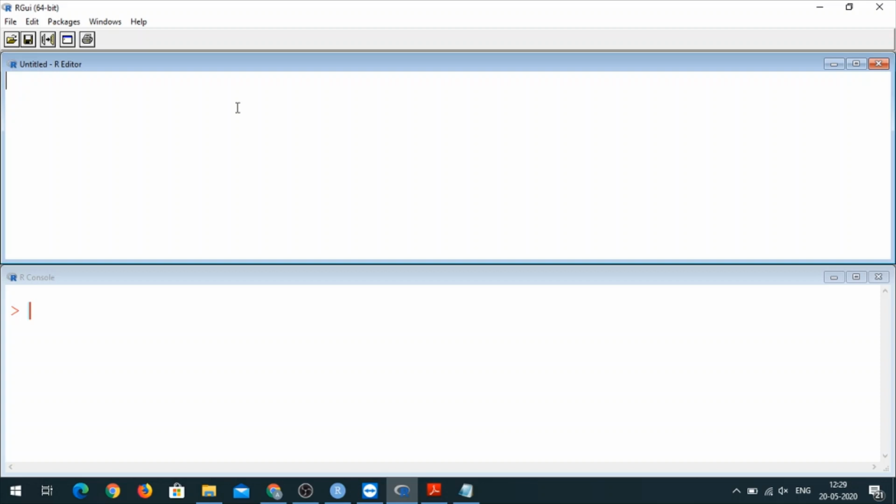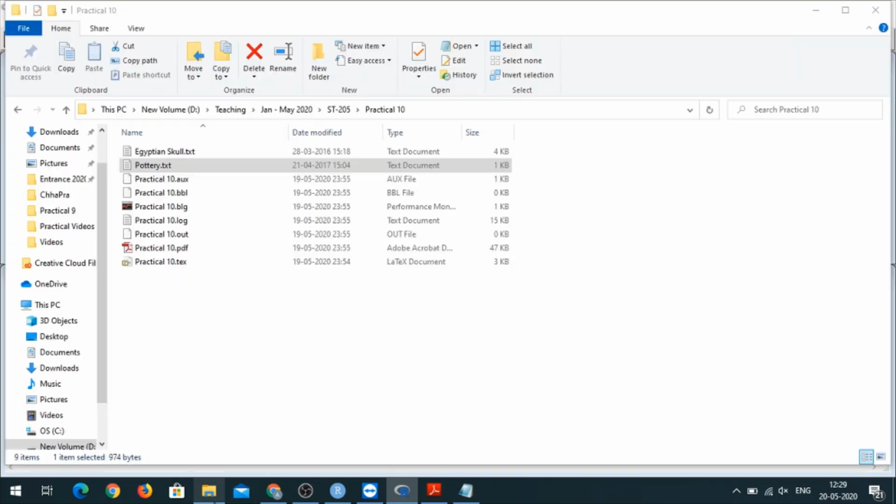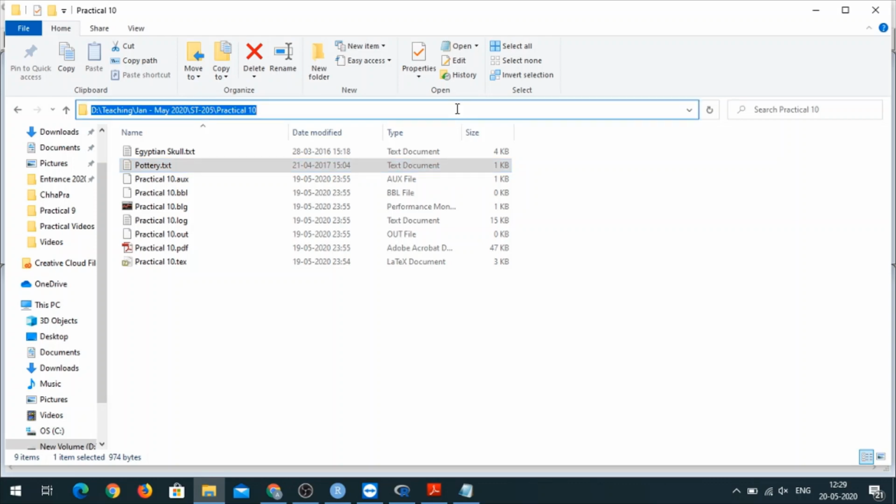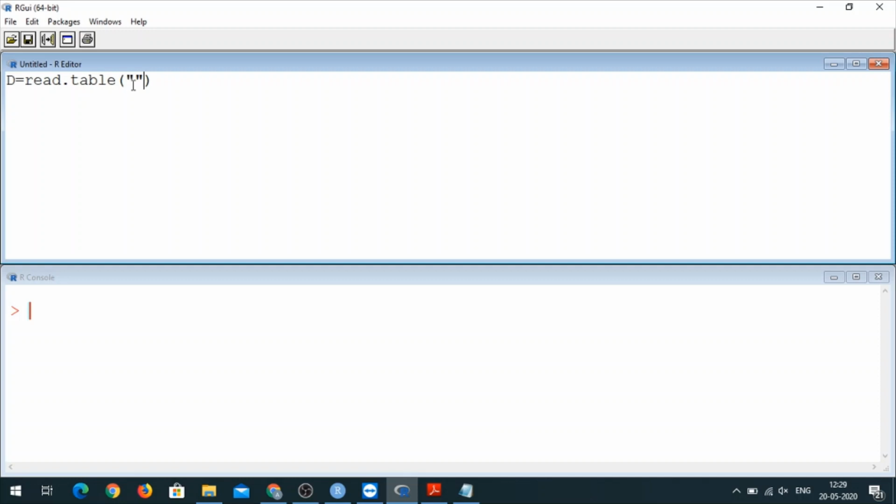So I need to first import this data in R. Let me call read.table again. We will give the path of the file. This is my path and the name of the file is pottery.txt.